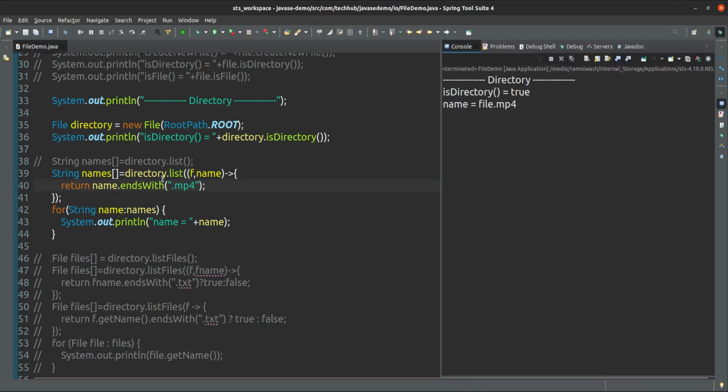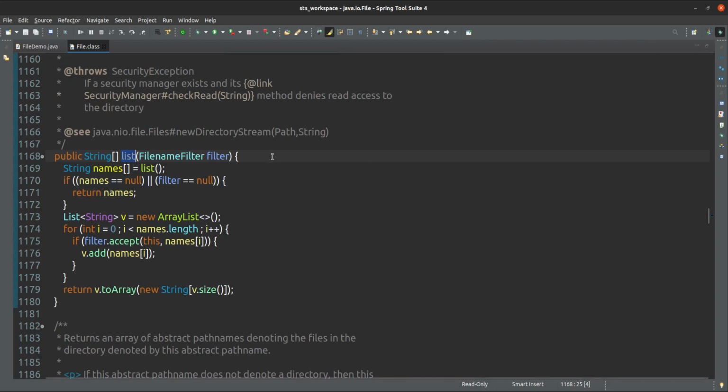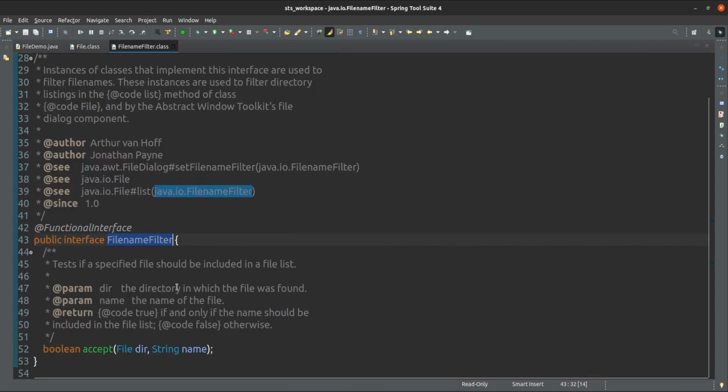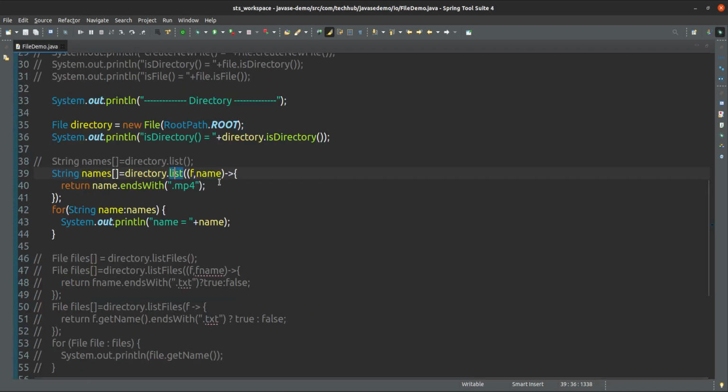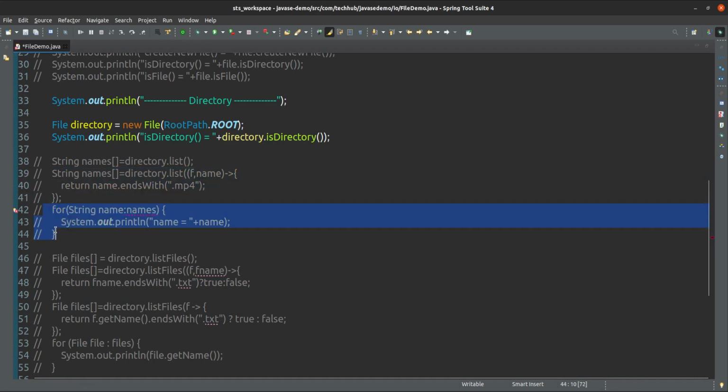Yeah, and if you open this list implementation, it takes a FilenameFilter, and FilenameFilter is nothing but a functional interface that has one method. Okay, we have already seen this functional interface. So this is the use of the File class. Here we are using the list method.